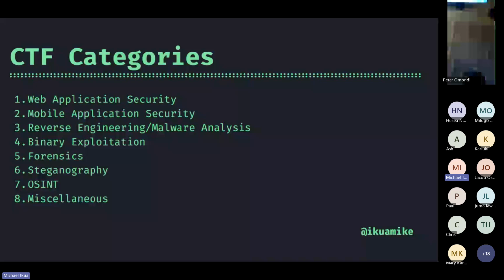And also on CTFtime, there are some CTFs that have junior or entry level categories. One popular one is PicoCTF. I don't know if you've heard of PicoCTF, which is a CTF targeted towards high school students. Pico, P-I-C-O. Yes, PicoCTF. It's a CTF targeted towards high school students, so that means it doesn't have any prerequisite information.